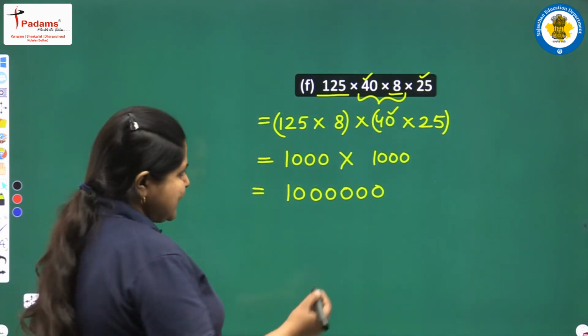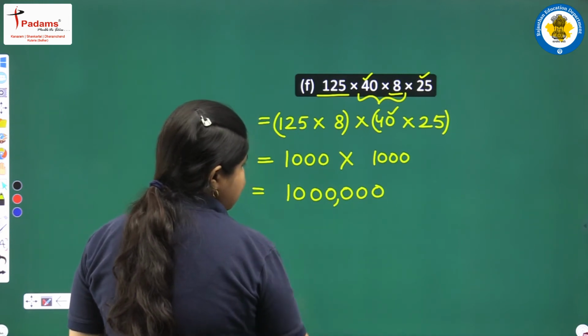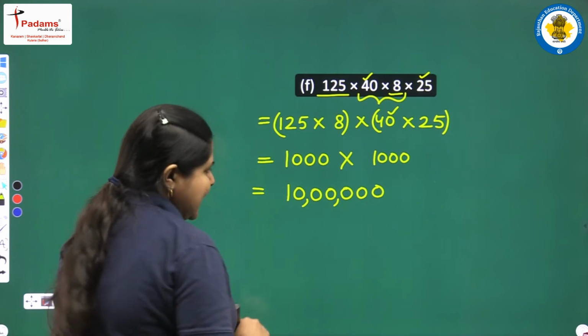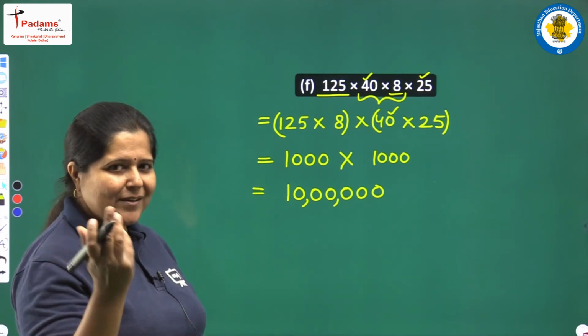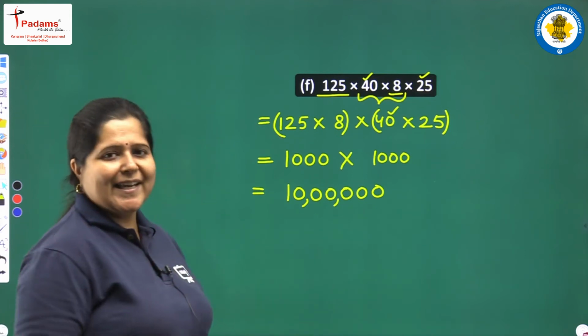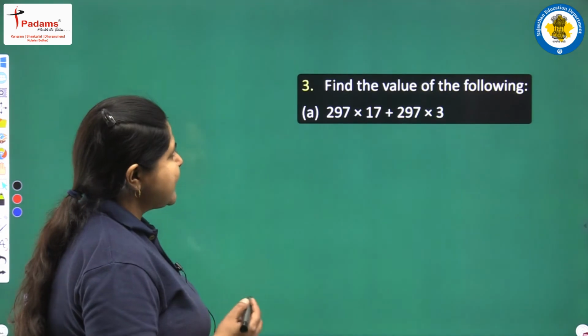And now we can write the number name in this way. Ones, tens, hundreds, then 1000, 10,000, and then 10 lakh is the answer. And just recall, a number with 6 zeros, it's 1 million also. Next we take up the next question.